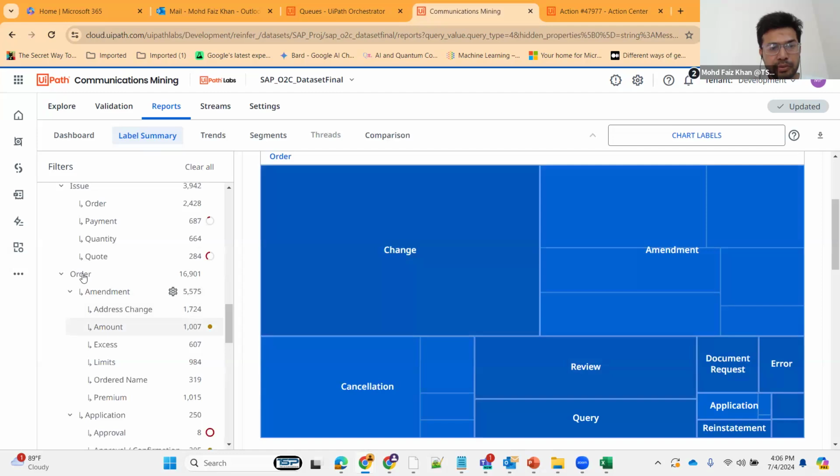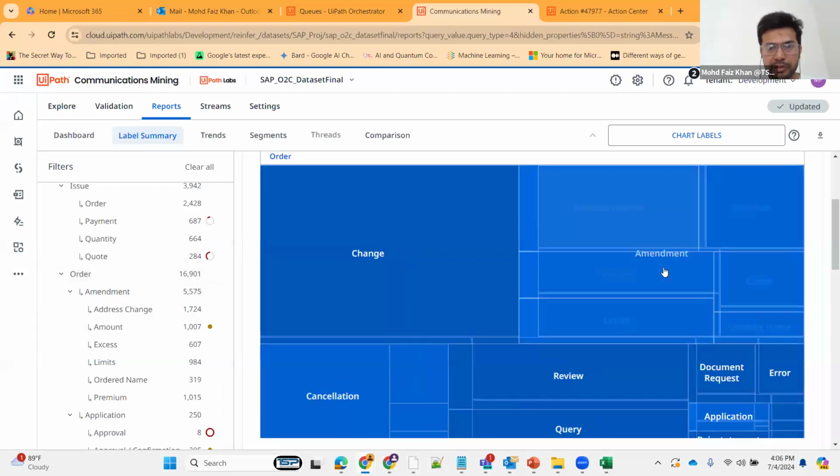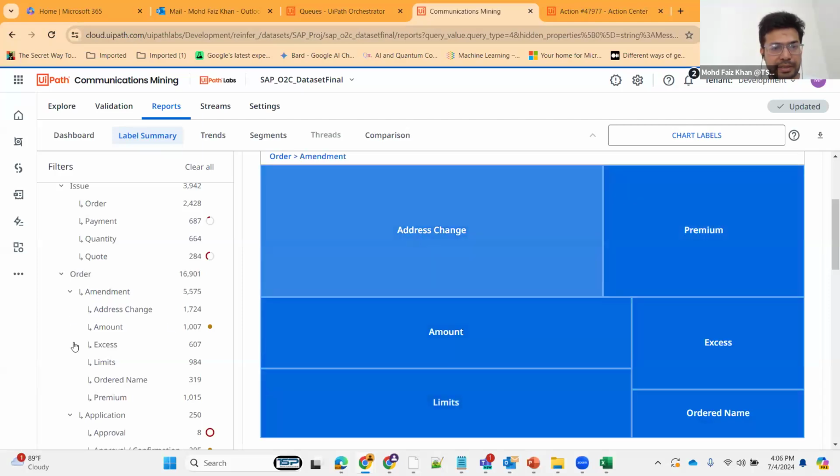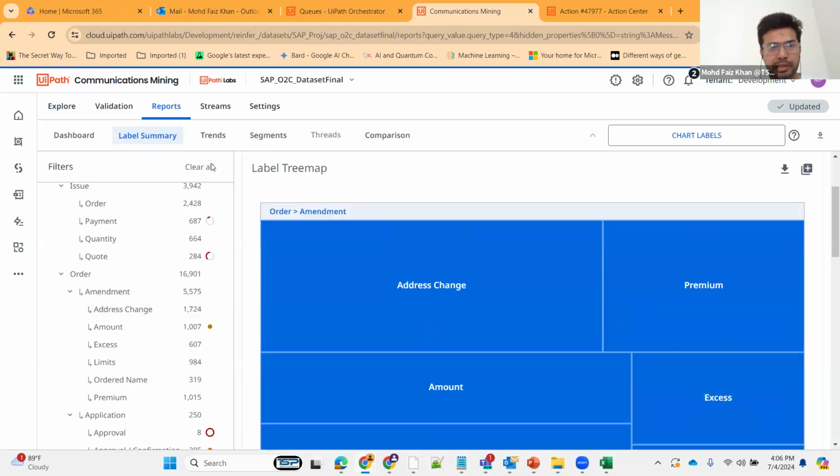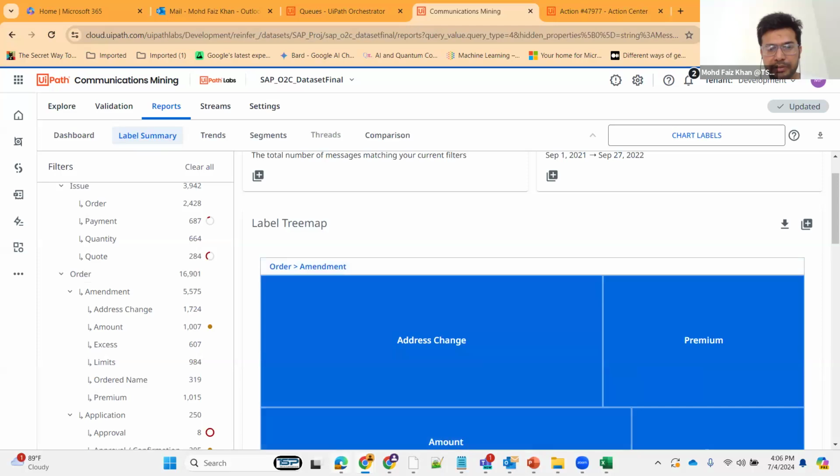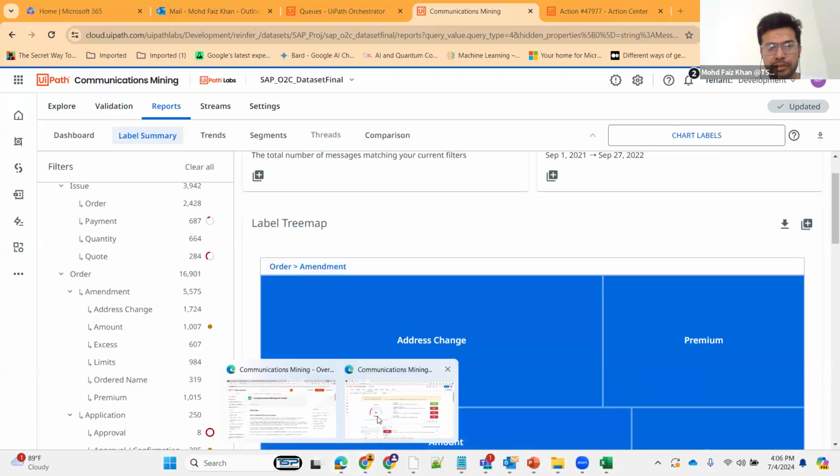So if you go into the order, you can see the amendment. Once I click on this amendment, you can see further. There we have address changes. You can see from here as well. So these are some details from here. Let me go back to the previous screen so that I can let you know how you can